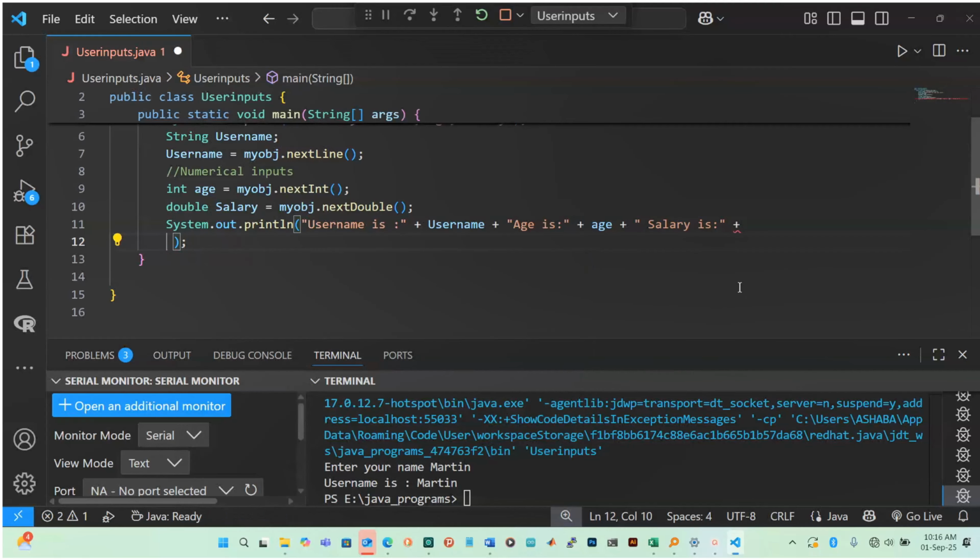Okay, let's say salary, and that's all. So we debug,